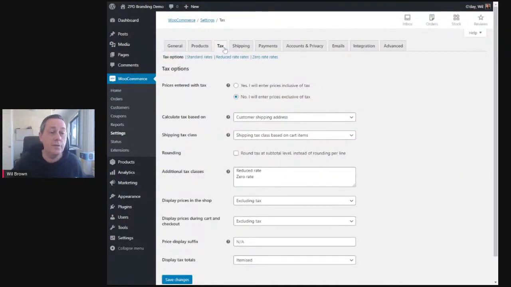Tax. So tax, of course, is very important. You want to make sure that if you are registered for GST, that you collect that and that you're abiding by your country's tax laws there. So yeah, you've got some choices with tax. I'm not going to go through all of those, but definitely if you are GST registered or tax registered in another company, make sure you go through this tab very, very carefully and set it up properly